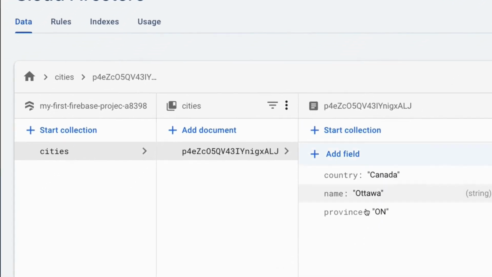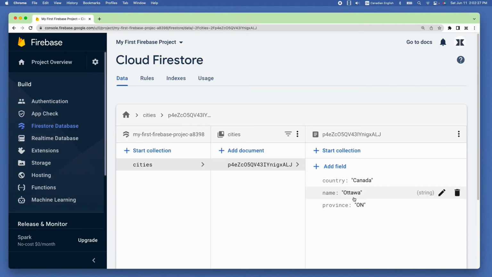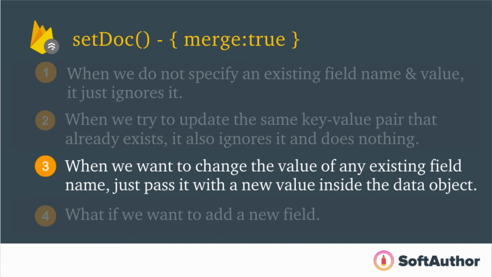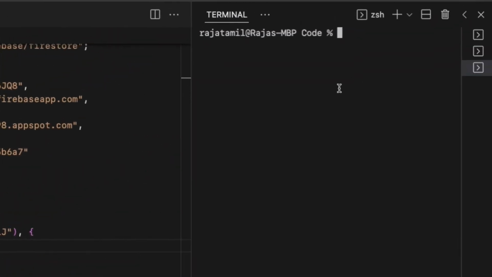As you can see, nothing changed. The third scenario, when we use merge, is that if you want to update a value of any existing field, in this case province, say I want to change the value from ON to Ontario, all I have to do is pass just that key with the new value. So get rid of the name property and add the key that we want to update, which is province: "Ontario", in quotes. Let's run the code